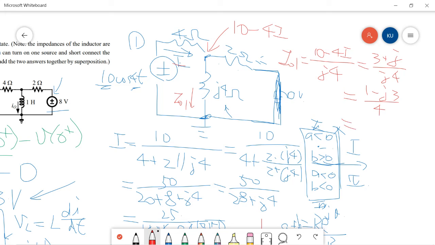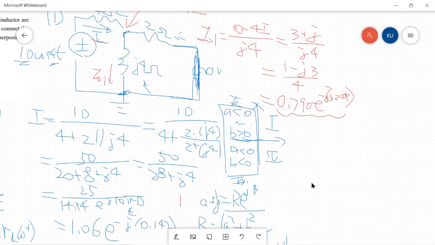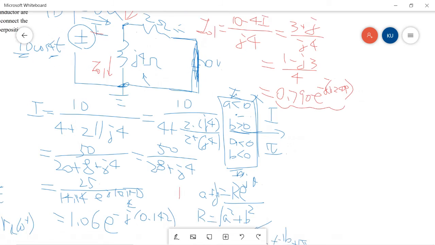And then if you convert it into polar form, it will become 0.790 exponential to minus J 1.249. Okay, so this is the phasor of I01, and if we convert it back to the time domain,